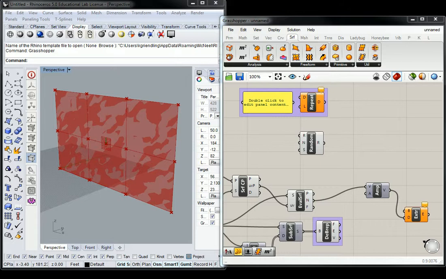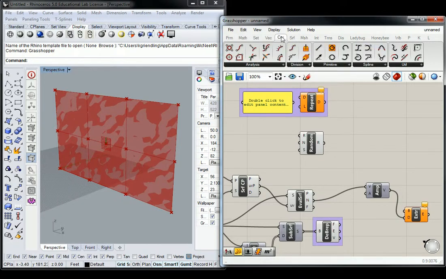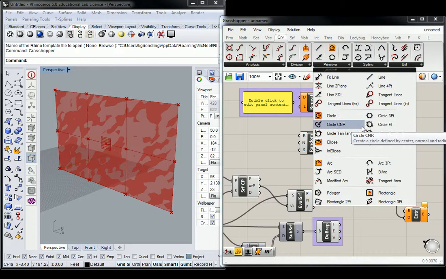And it's going to be very, very important now that we're transitioning out of me just walking you through developing a whole definition. Now we're going to get into you guys generating ideas and then following through on those ideas. So you're going to need to know, how do I pull in a node that I don't know everything about and figure out how it works? So I'm just going to pull a different one in here, and we'll figure it out from there. Under curve, I'm going to go to primitive, and I'll do,